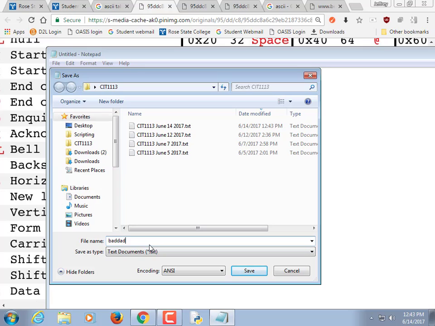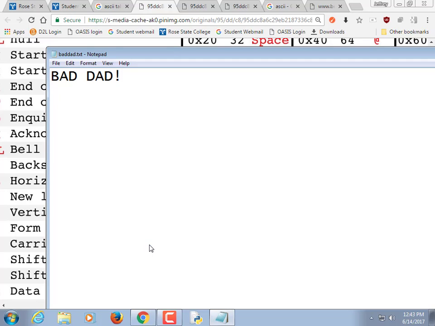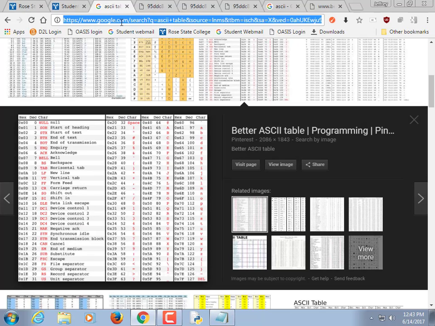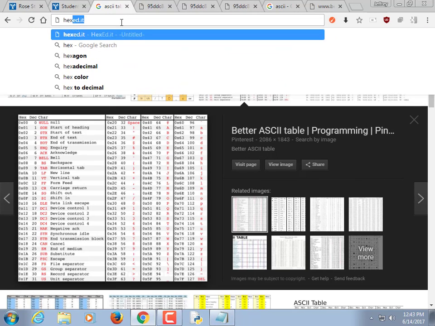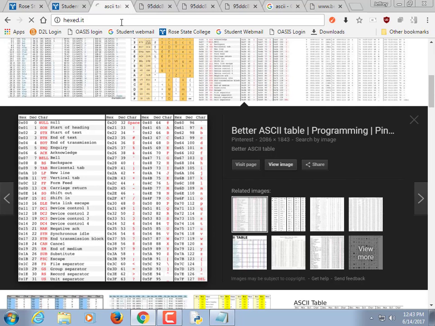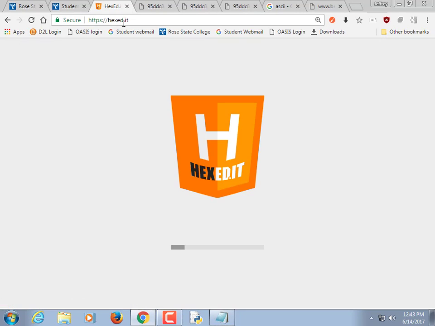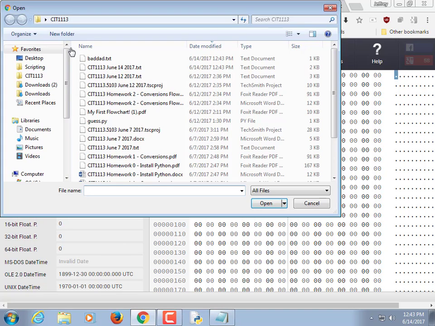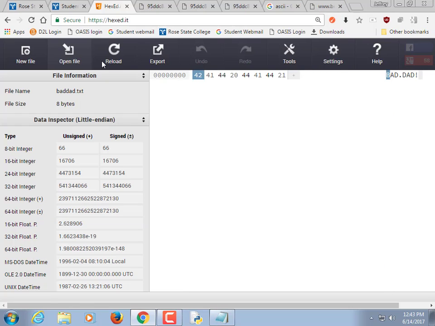I'm going to call it baddad.txt, just so it's easy for me to find later. Okay, and then I'm going to use that hex editor that I showed y'all. Hexed.it brings us up this tool for looking at files and showing how they're represented in memory. So I typed in hexed.it, I do open file, I go to baddad.txt, it loads it up, and we see,